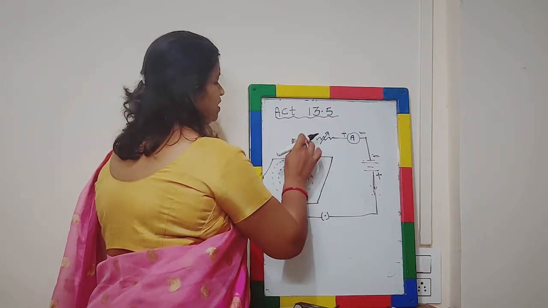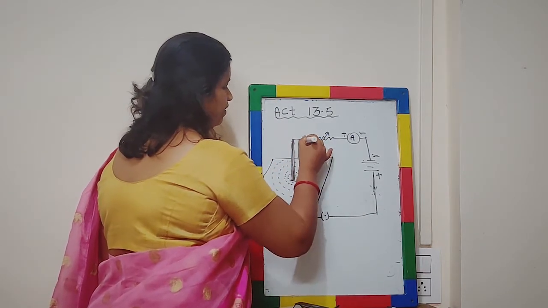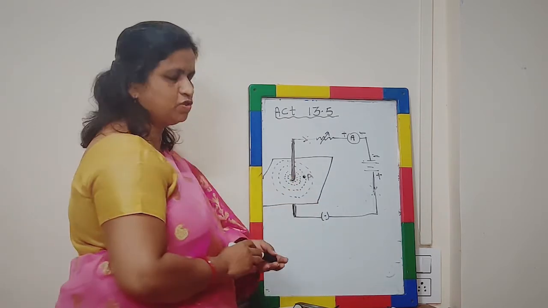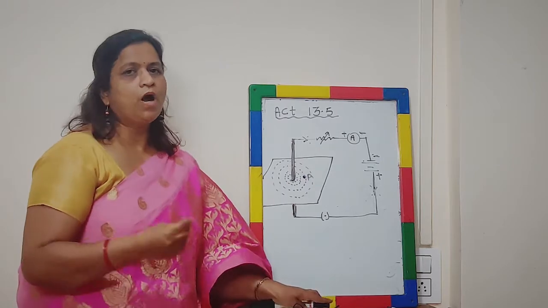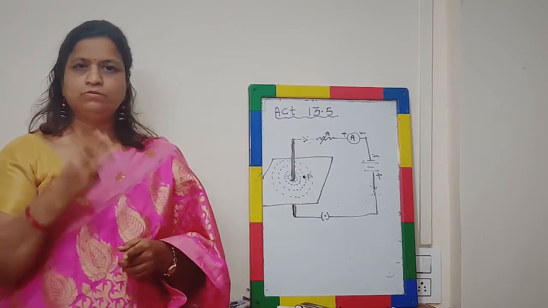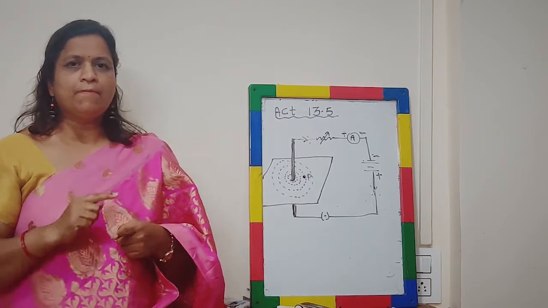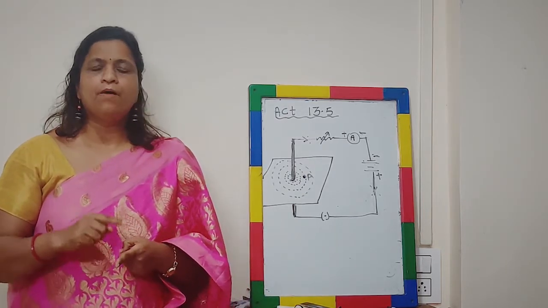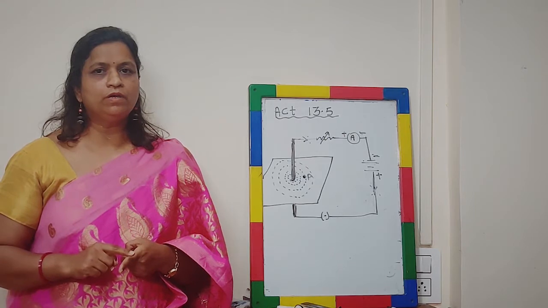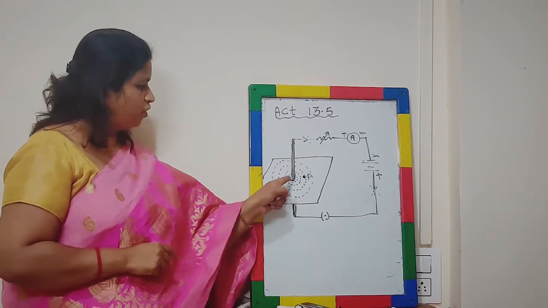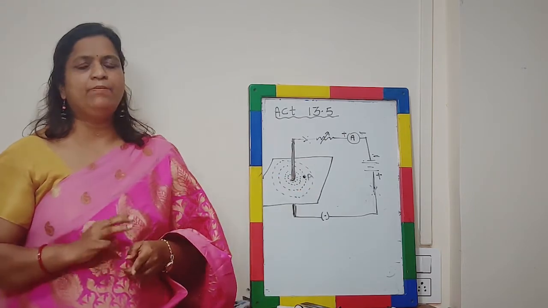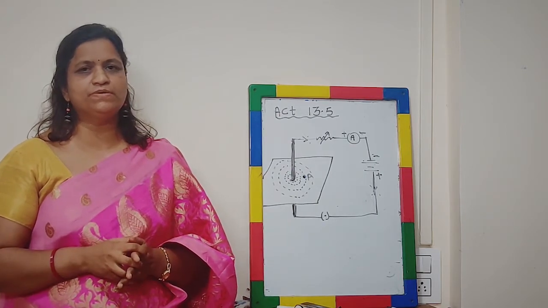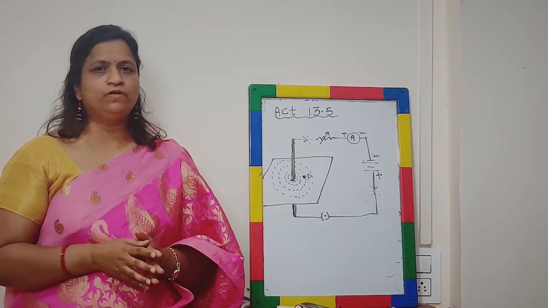So whenever we see this, the direction of current reverses, and whatever deflection is present in this needle also goes in the opposite direction. So 3 points we discussed here. Magnetic field depends on the amount of current flowing. Magnetic force depends on the distance from this conductor, and the direction of magnetic force depends on the direction of current.